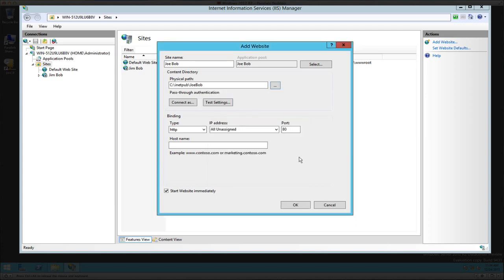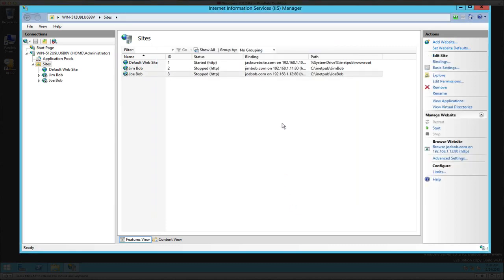What's the next thing I'm going to do? You're correct. The next thing we're going to do is change the IP address. And this one's going to be 192.168.1.12, port 80. And the website will be joebob.com. And I am not going to start the website immediately. And there we go. So you can see very easily how IIS will allow you to set up multiple websites